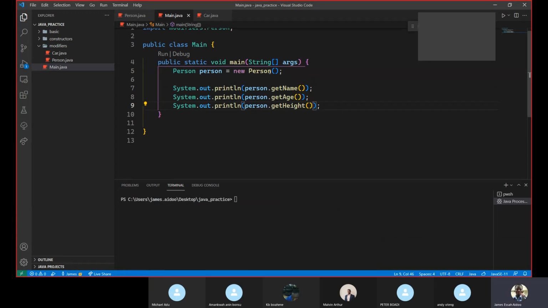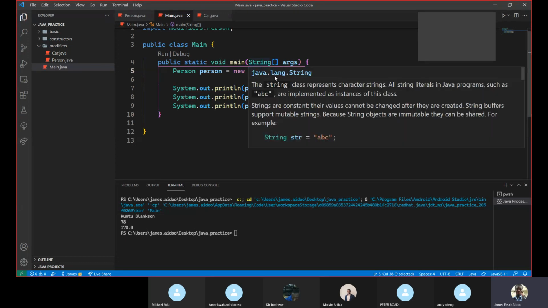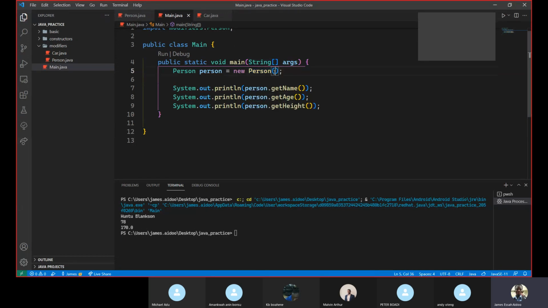and we will get the various outputs. This one will print the default values we have set in our class, because see the constructor, we didn't use the parameterized constructor. So the default values are what get used, but we can use the other constructor and give it a name, and let's say an age of 30 and a height of 190. No problem. Now when I run this code,